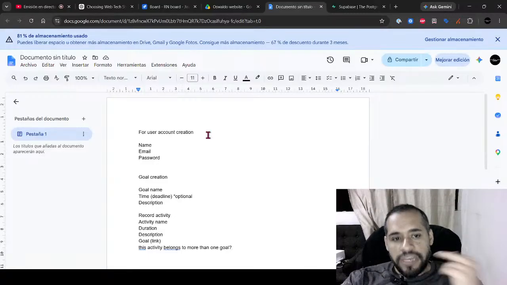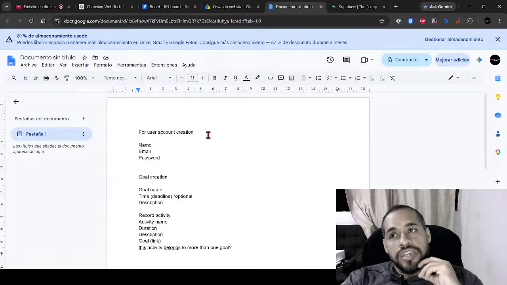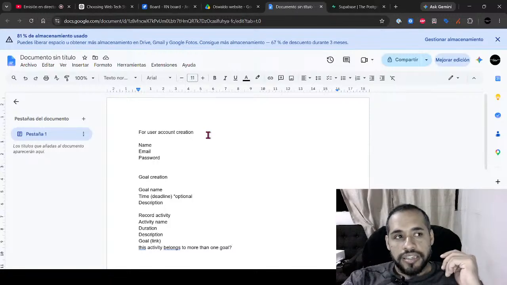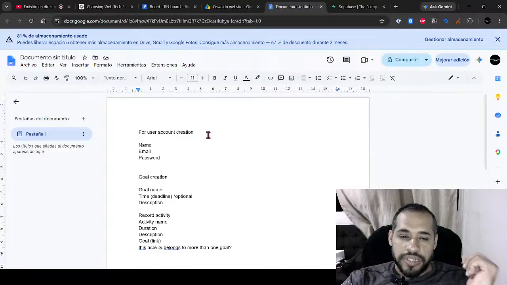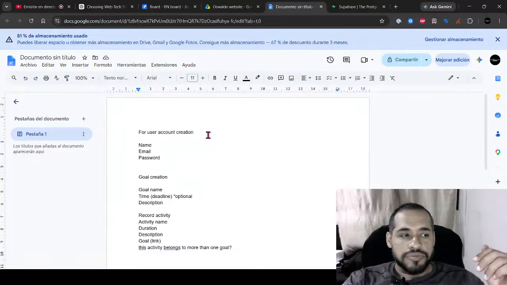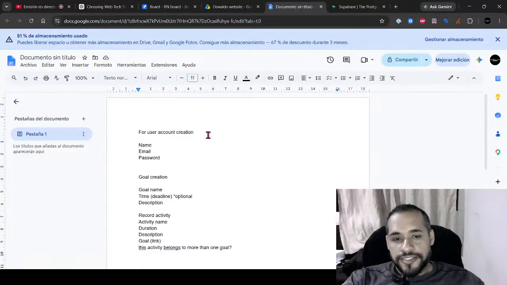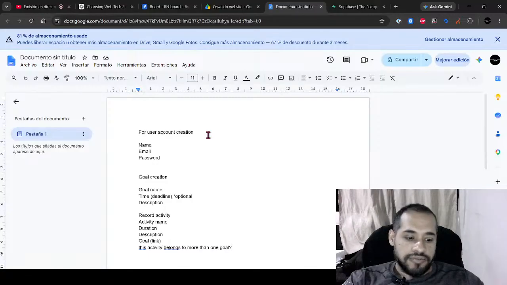For example, if we want to lose weight, we need to count calories and we need to track our steps.